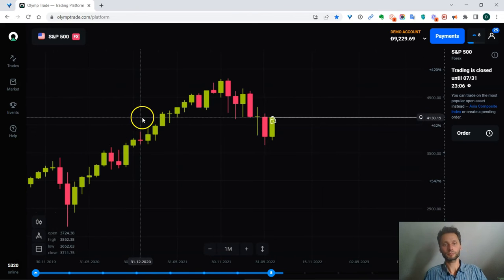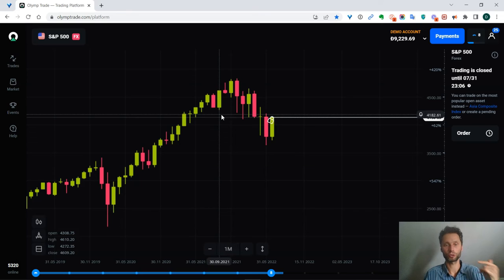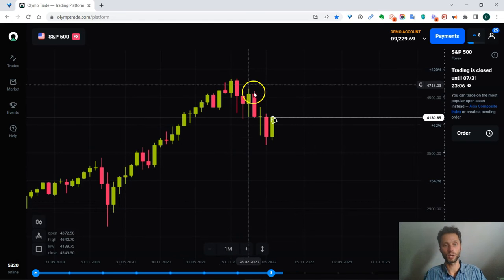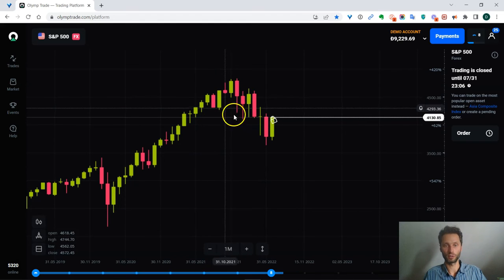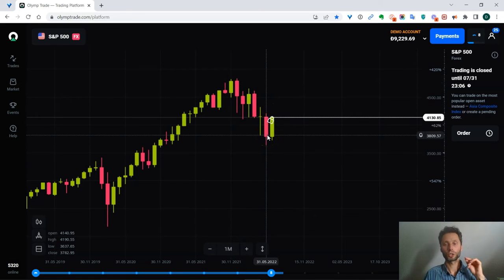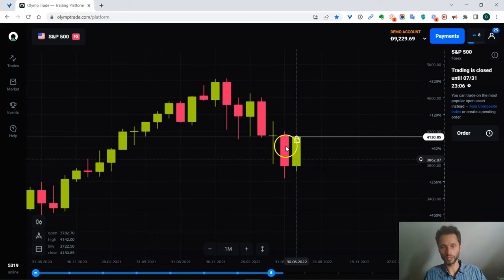Well, we can clearly see that we have a change of structure, a change of character and direction in the market, because after all these higher highs and higher lows, we've got a new series of lower lows being created, structural lows being broken, the market going lower, creating lower lows, lower lows, and lower lows. So now we are in a bearish environment, even though you can see the previous